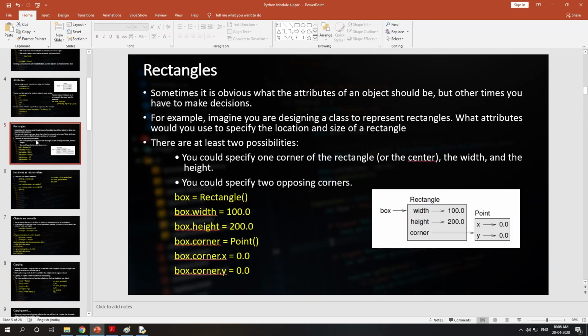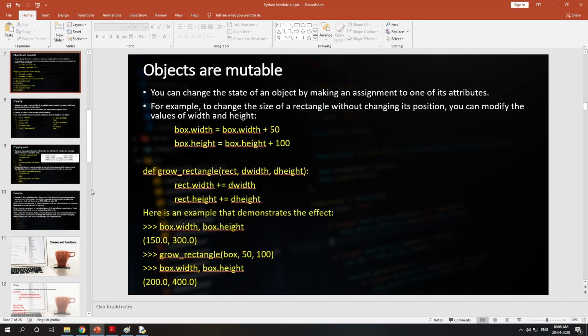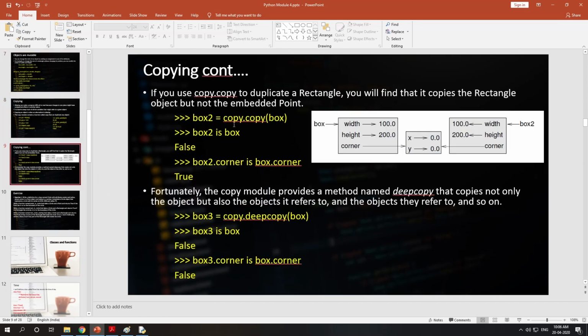The thing is, in the rectangle class we had an object of a class called point. Means it's actually an attribute of rectangle, but it's an object of a class called point. If you just use a copy method, box2 is equal to copy dot copy box.